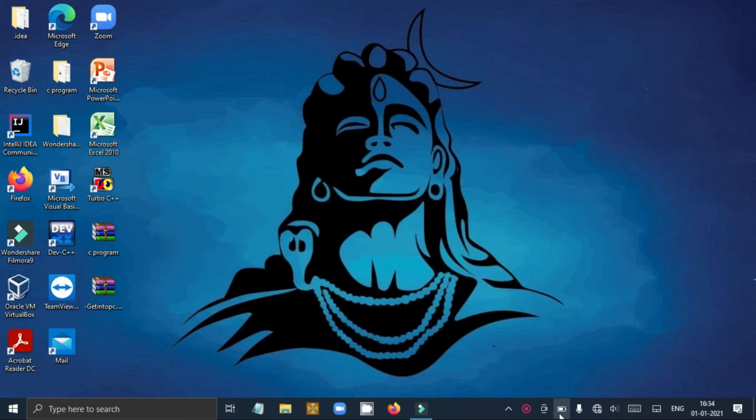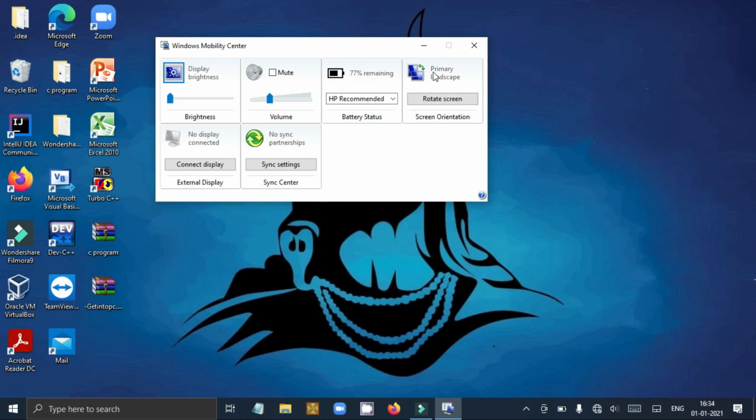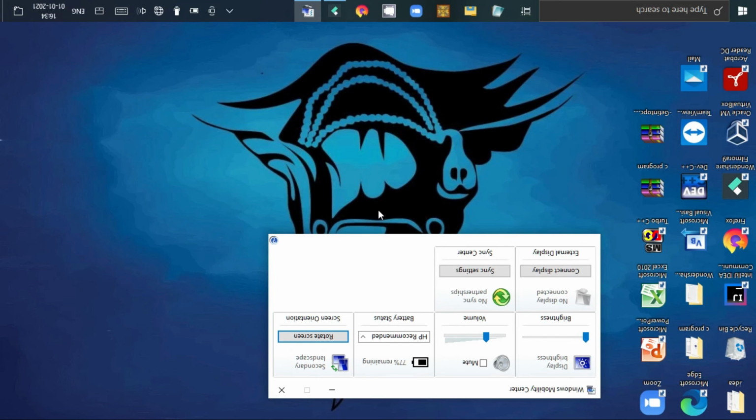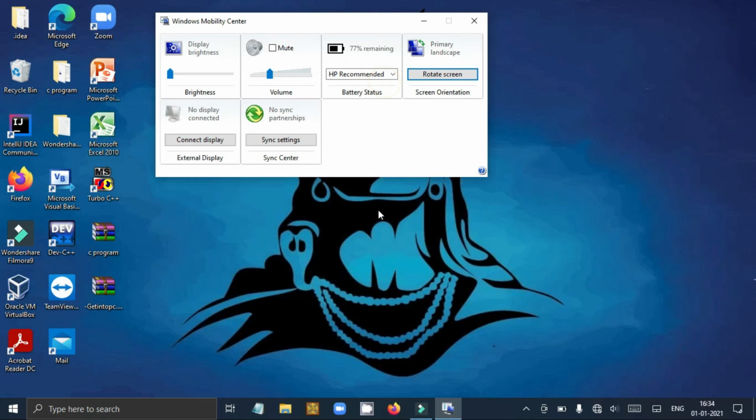Just click on the battery two or three times, click on the battery icon, and here is Windows Mobility Center. Here you can rotate your screen.